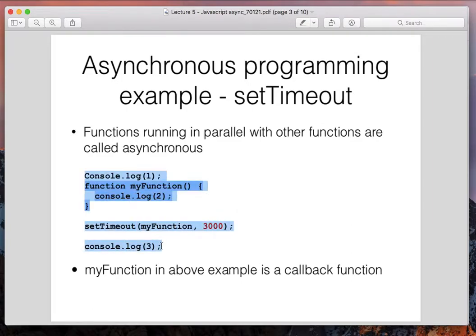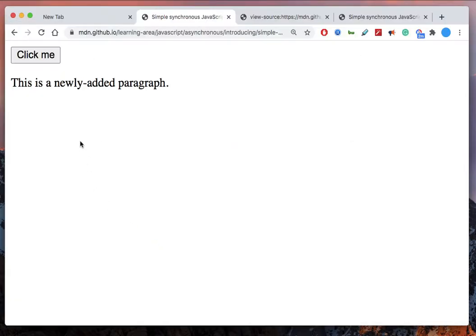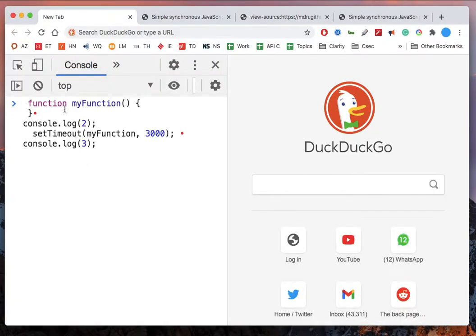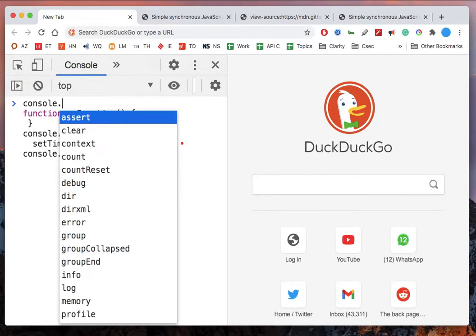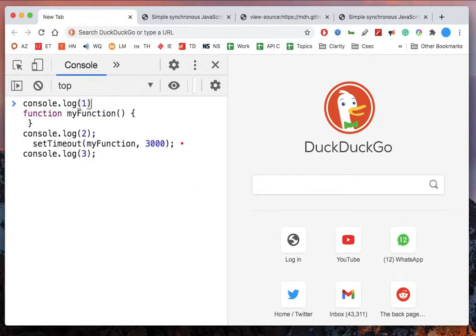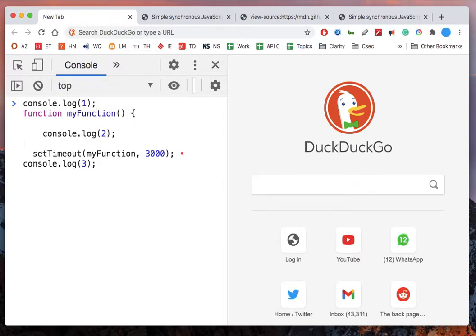Here I am logging something, and then I'm defining a function which just logs another value 2, and then setTimeout. setTimeout is the magical function here, right? So how do you expect the order? First this will be executed, this is just defined, and then this should be executed, and then this should be executed, right? Asynchronous nature.